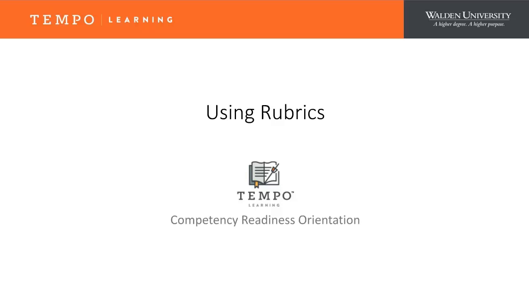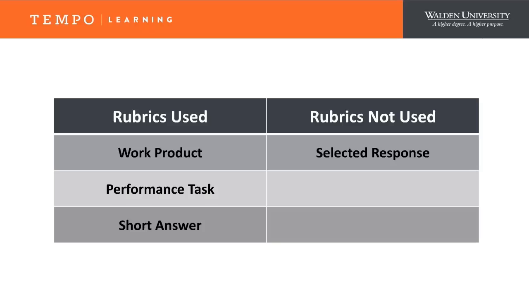The majority of assessments you encounter in tempo learning will be scored by the faculty assessor using an assessment instrument known as a rubric. Selected response assessments are auto-graded, but work products, performance tasks, and short answer activities all require the faculty assessor to use a rubric to score your submissions. So it is important to understand what a rubric is and how you can use rubrics to your advantage when